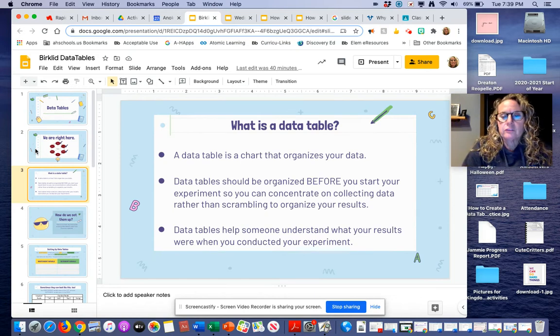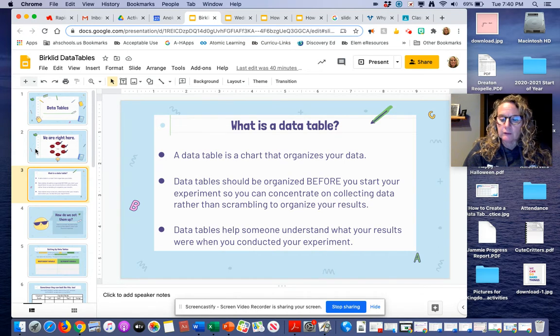A data table is a chart that organizes all of the data or information that you collected from your experiment. So data tables should be organized before you start so you can concentrate on collecting data rather than scrambling to organize your results. And they help someone else to understand what your results were and when you conducted your experiment,